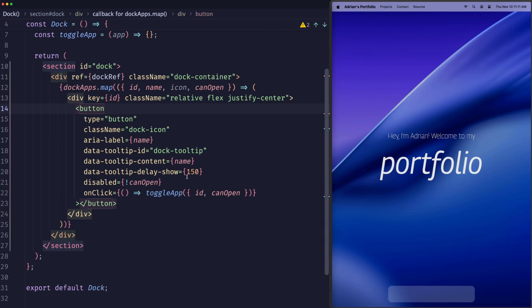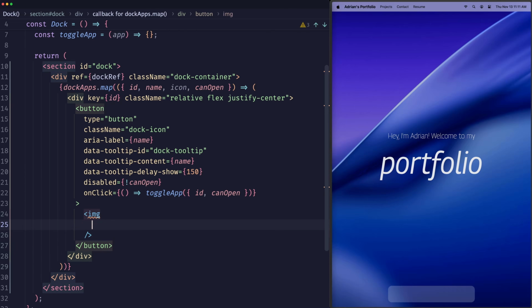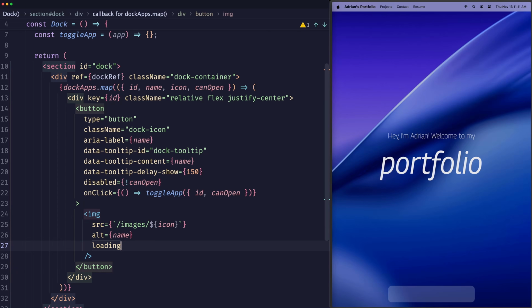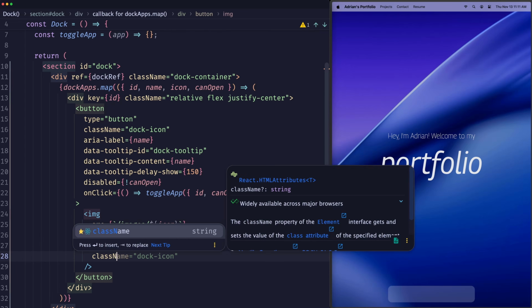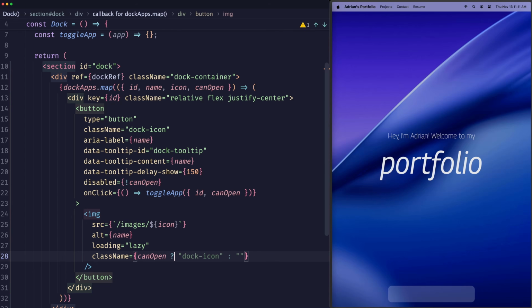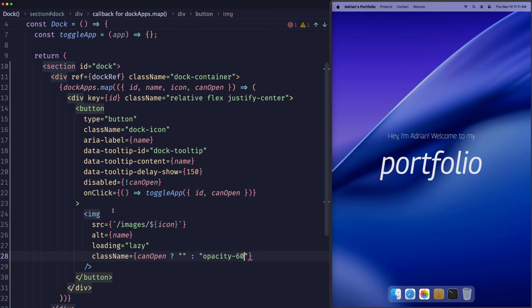And now, most importantly, within each one of these buttons, we need to render an image for its icon. This image will have a source of /images, and then the icon. Then I'll also give it an alt of name, a loading of lazy, as well as a className: if it can open, I'll give it no class name, but if it can't, I'll reduce the opacity so it seems like it's not really clickable, to something like 60. If you save this now, you'll see that all the icons besides the trash can have the full opacity